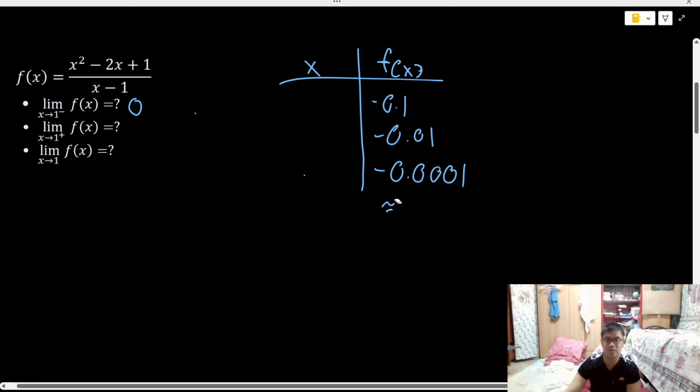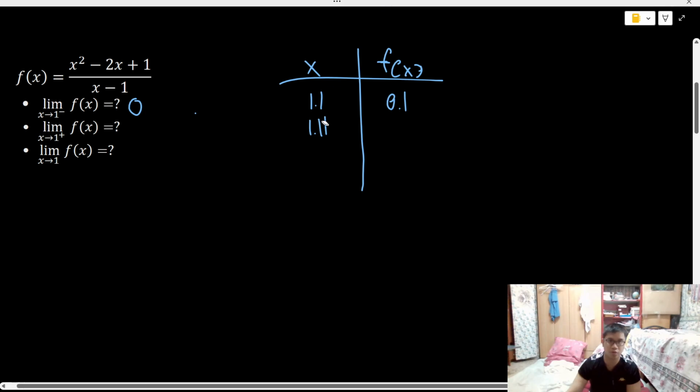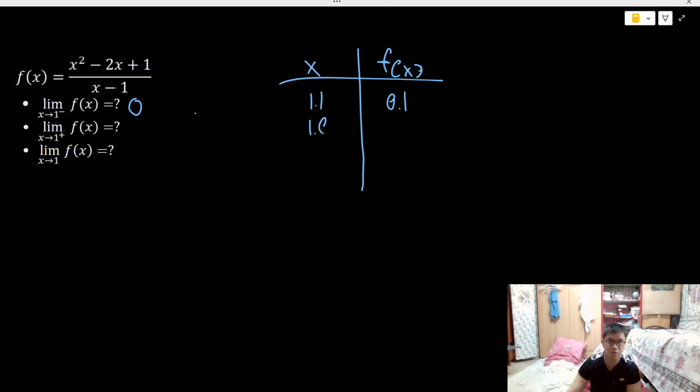So we will substitute x values that are closer to a, but from the right. So let's try 1.1. So 1.1 squared minus 2 times 1.1 plus 1, over 1.1 minus 1. So this is 0.1. Okay, I see the pattern here already. So it's 0.1. So for 1.01, you will have